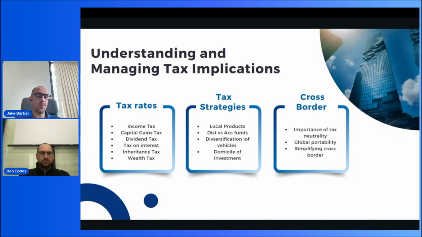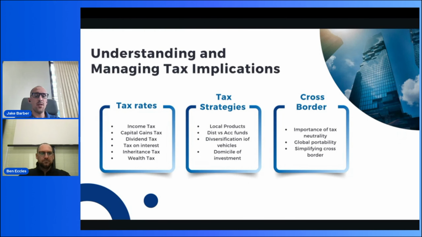In Spain, as an example, capital gains tax, dividend tax, and tax on interest, they're all merged together. So you could be a business owner, taking dividend tax, and then you've got capital gains tax on investments, and they fall under the same brackets, which means you end up paying more taxes. So you need to understand how these work in different countries and how it works, for example, for assets that are outside of the country as well, because Spain are going to take the withholding tax, and this is probably going to happen in a lot of other countries as well.